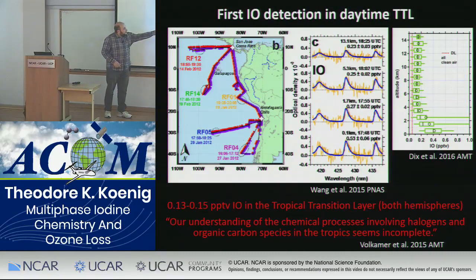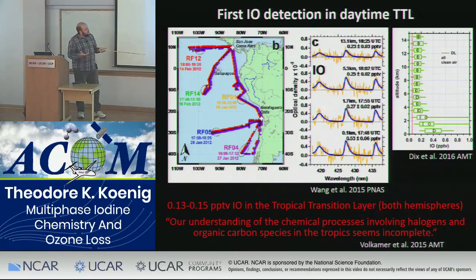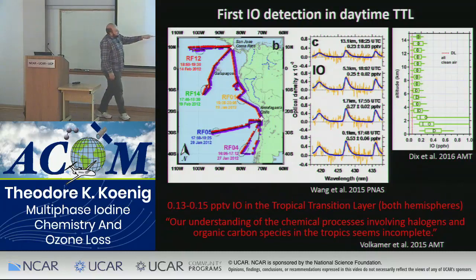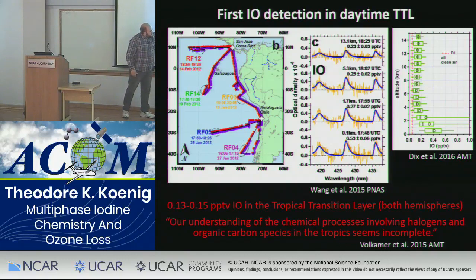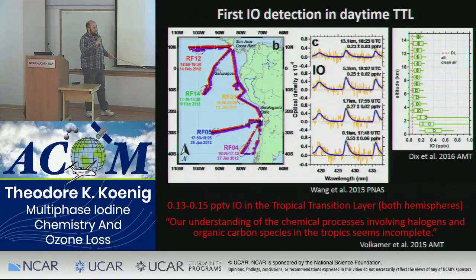And then this was further digested into the following average IO profile we have from the surface to the stratosphere. What you can see here, roughly speaking, is that we come from an enhanced level at the surface. Then there's the high variability, which I'll come back to later, just above the surface. And then we get into a tropospheric background level with a remarkably consistent 0.1, 0.2 ppt IO concentration.